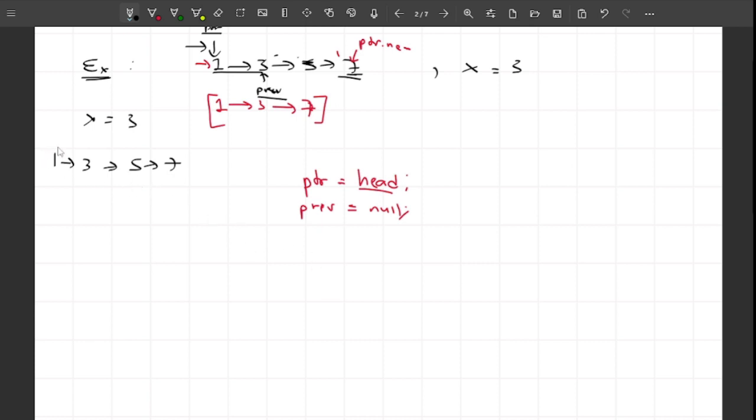So initially x is equal to 3 and this is our pointer, and previous is equal to null. When x becomes equal to 2, then I want my pointer here. So my pointer will come here, and my previous will be pointing here now, right? After this my x will become 1, so my pointer will come here and my previous will come here, right? And this is the stage that I want, and at this point I want to